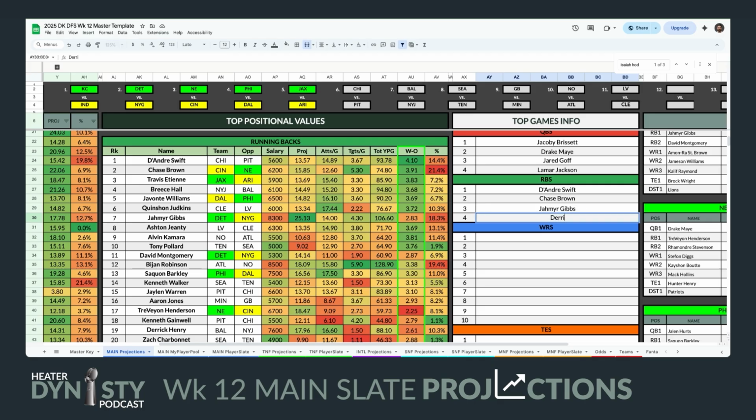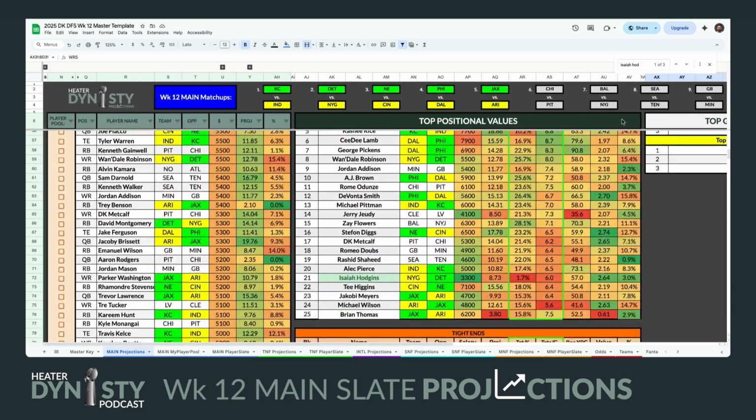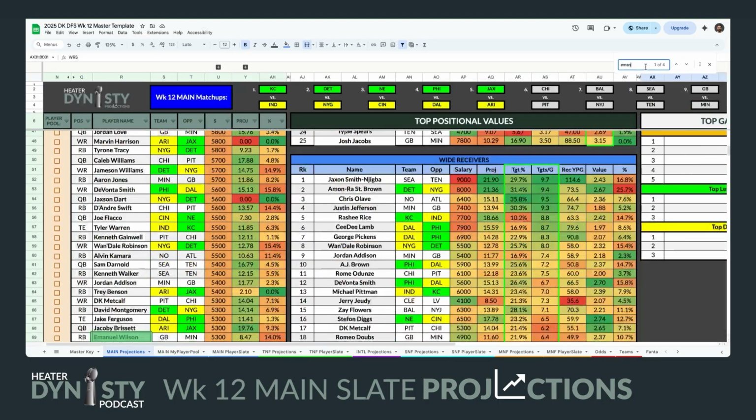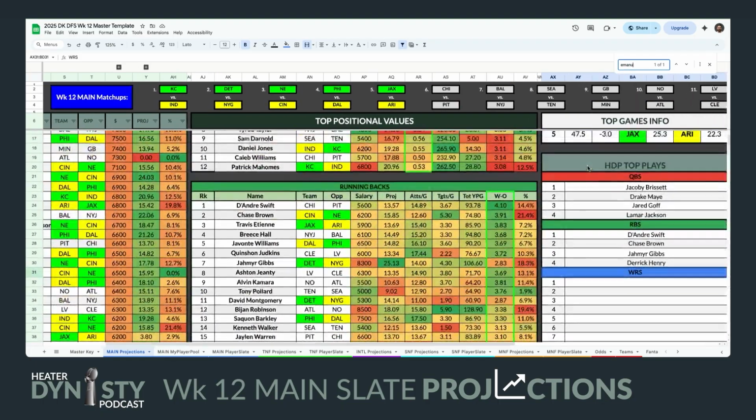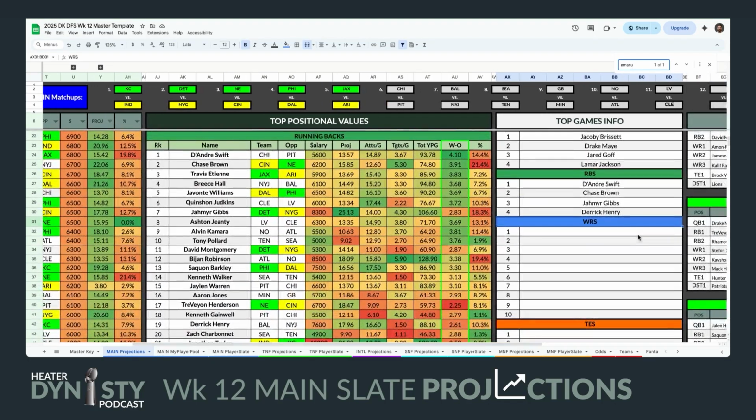And then my last option here would be Derrick Henry. I didn't mention Emmanuel Wilson just because at the time of this recording, Josh Jacobs is still possibly going to play. However, if he was ruled out, Emmanuel Wilson would automatically pop in there. He'd probably be my 4th option there, because salary-wise, he saves you a ton. What is he? Yeah, 5,300. So similar price point, even 300 less than DeAndre Swift. So, like I said, I think I'd put him probably in my 4th spot there.